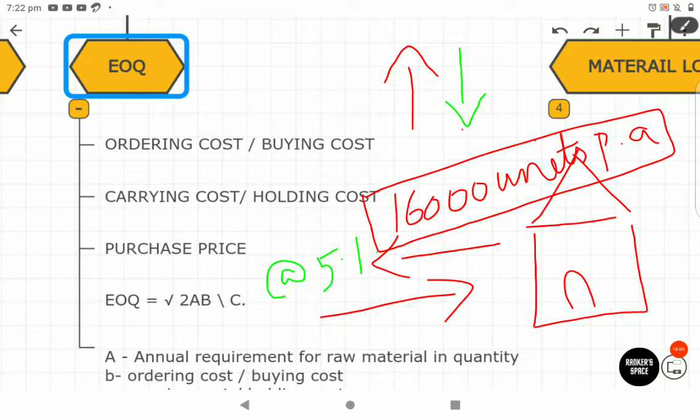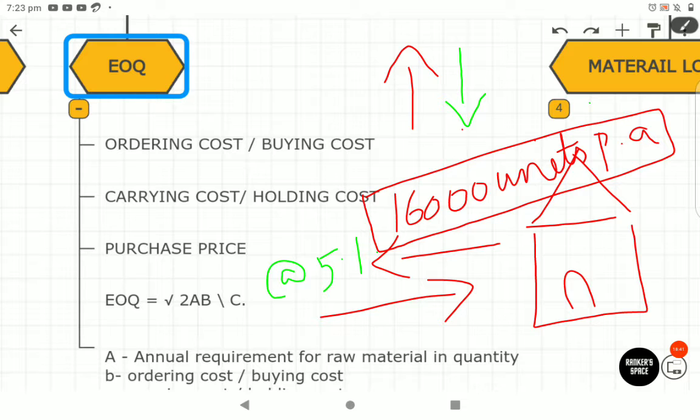So in this case, what happens is you will run the fridge 24 by 7 in order to preserve those apples. Your carrying cost, that is the holding cost of those apples, will definitely increase, right? Your electricity bill, if you run the fridge for 24 hours, will shoot up. So the carrying cost will increase. And what happens to the buying cost? Because you bought 10,000 apples in one shot, the supplier is giving you a 1,000 rupees discount. You are also very happy about it, right? So the buying cost will come down.